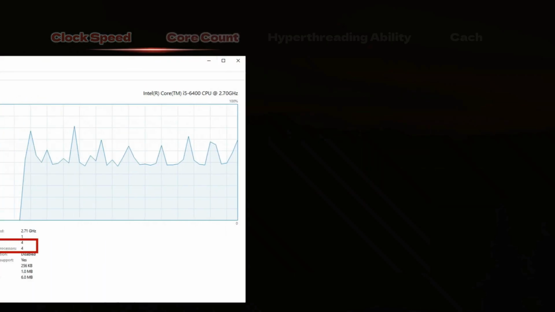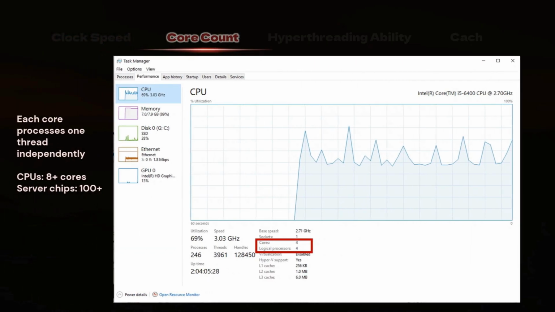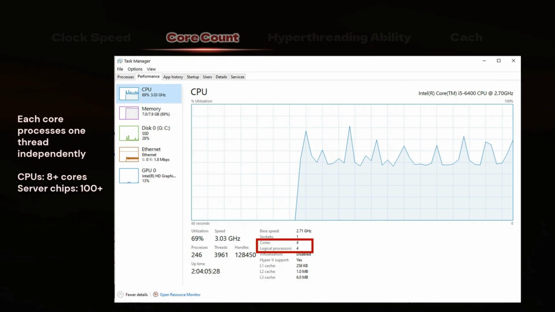Now, a core is the fundamental processing unit of a CPU. It can process a single instruction stream or thread at a time. Each core has two primary components: the arithmetic logic unit and the control unit. The control unit fetches instructions from memory, decodes them and executes them, calling the ALU to perform arithmetic and logic operations when necessary. Now, a single core processor can only run multiple threads by switching between them.